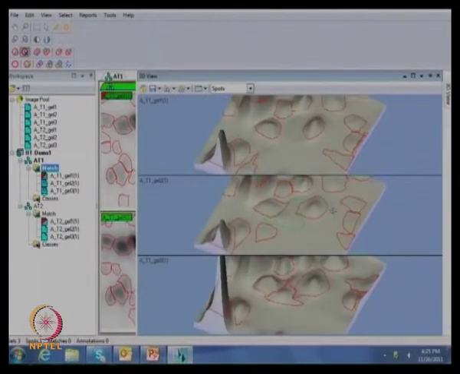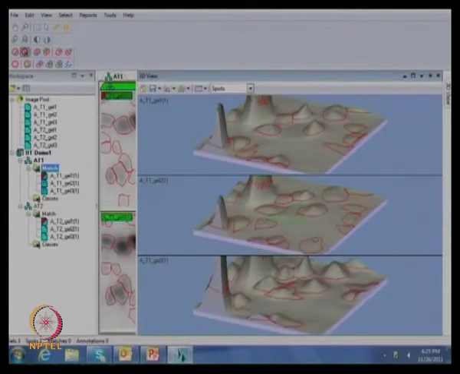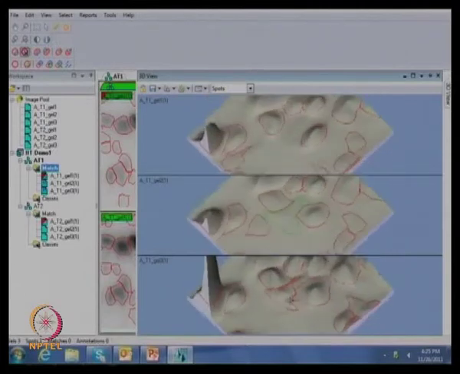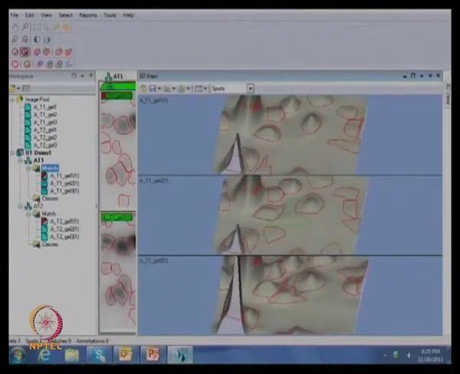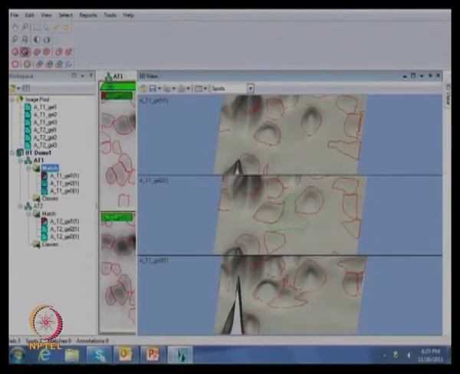Go to reports, 3D view. The spot which we are interested in discussing is highlighted with the green boundary. It is present only in this particular spot, but not there. But we can see some portion here of that particular spot, and that is why it is detected there also. Sometimes it is possible that your treatment may cause that spot to appear due to the upregulation of a protein, or it is totally shut down. But it is not the case here,